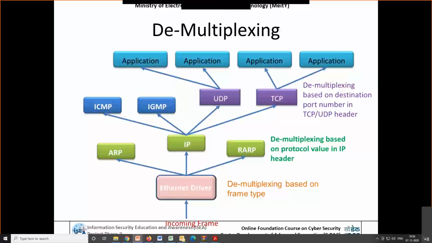So demultiplication, how is it done? Basically, demultiplication is based on the frame type. Once the Ethernet driver receives the bits, generally called a packet while traveling in the physical layer, those bits come to your Ethernet driver, and it decides whether they go to ARP, IP,